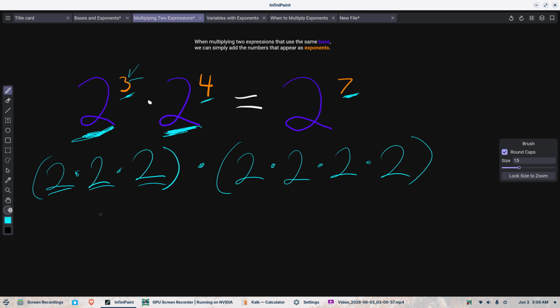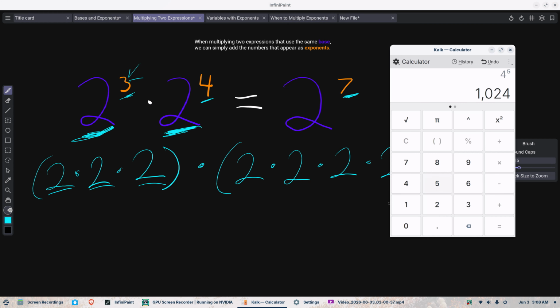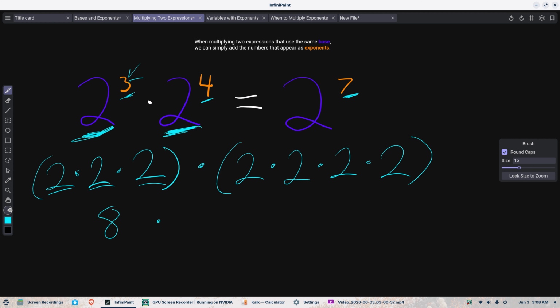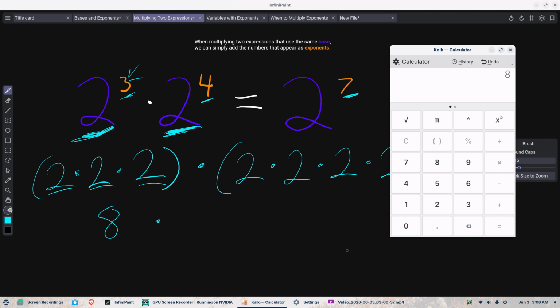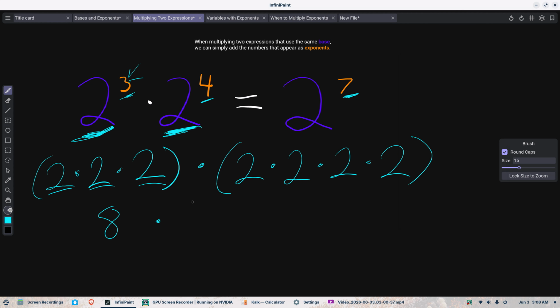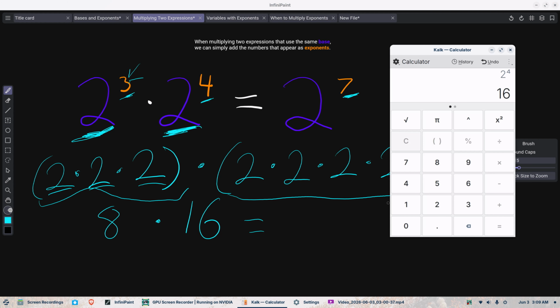Then we would take this, so we would take 2, I have to clear the calculator, 2 to the third power. That is going to give us 8. And then we multiply that by 2 to the fourth power. So 2 to the fourth power, that gives us 16. And the reason why we did it this way is because the order of operations says that we should do what is in the parentheses first when we are simplifying. So we get 8 times 16, and when we put that into the calculator, that is going to give us